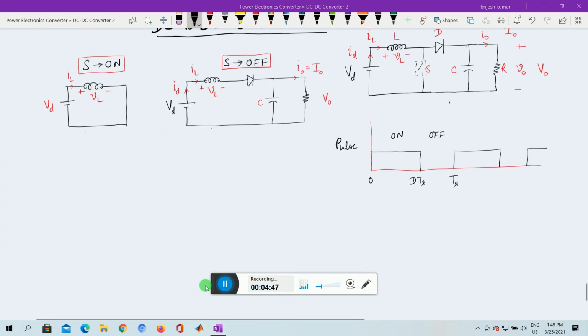If we equate the volt-second relationship, the energy stored in the inductor during the on time must be released during the off time, else it will keep increasing and this will lead to an unstable condition. So the net energy stored in the inductor during a complete cycle must be 0. Whatever energy is stored during the on time must equal that released during the off time, so that the net energy stored will be 0.